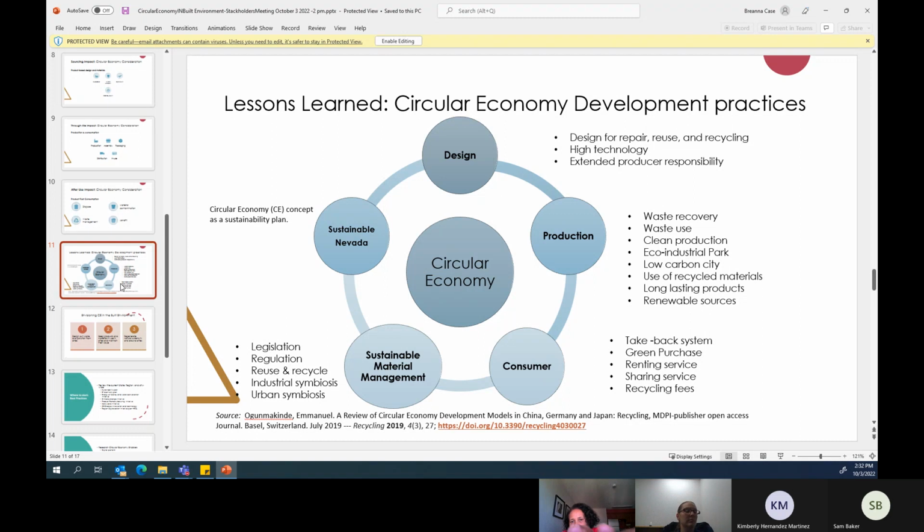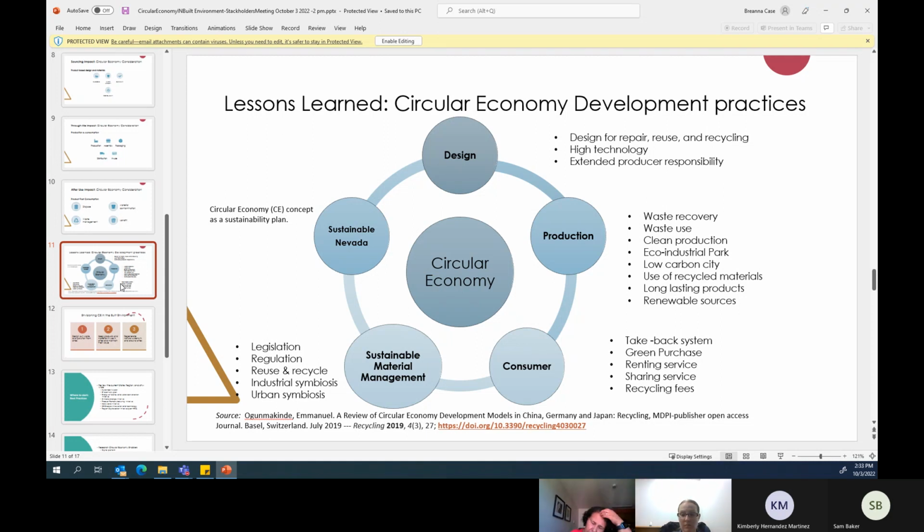So at the design level, as I said, design for repair, reuse, recycling. Is it high tech? We can use extended producer responsibility from the get-go when they design it. Okay, you design it this way, can you take responsibility in disposal? In some states they have done it, not ours, for example for solar energy panels.